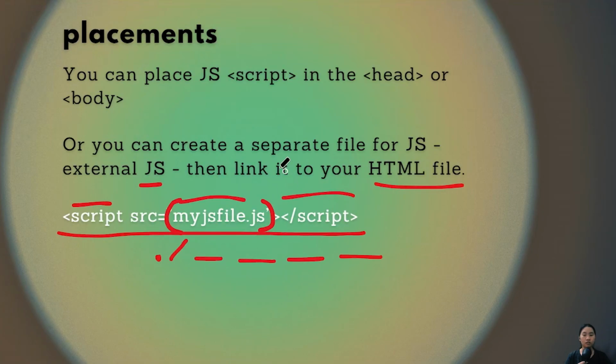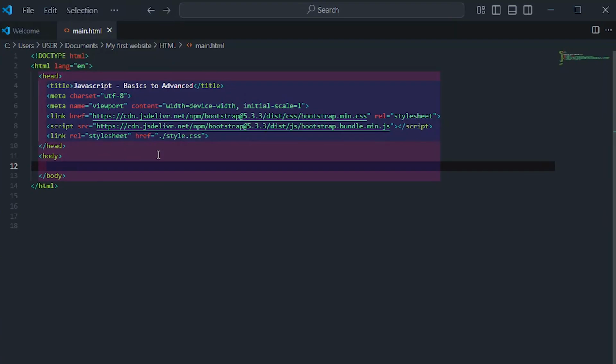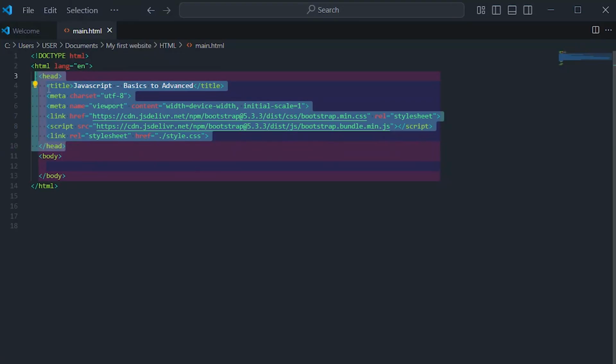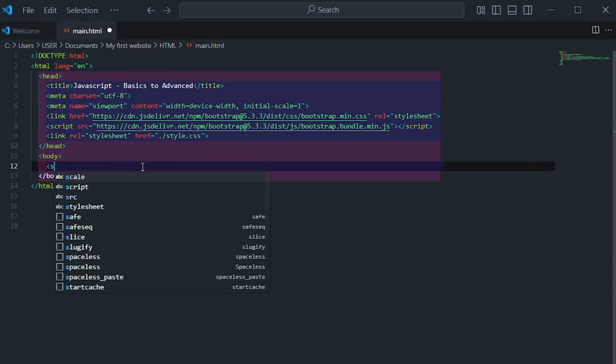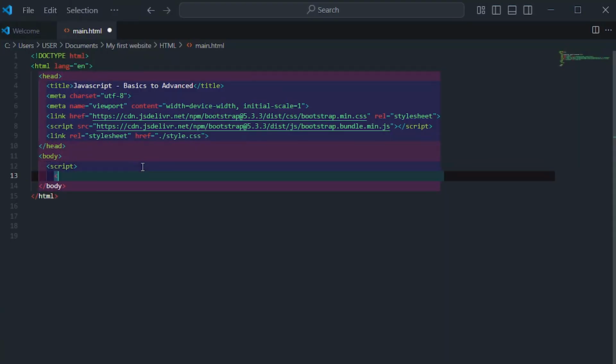So you can just simply go for the name. So I have my HTML file over here, and you can go ahead and put the script tag either in the body tag or in the head tag. But as you can see, the head tag is a bit loaded right now, so I'm just going to put it in the body tag. Script,